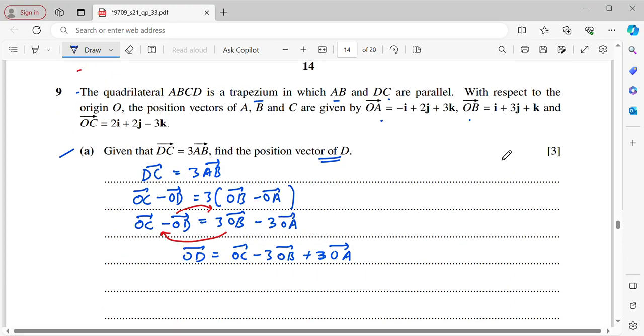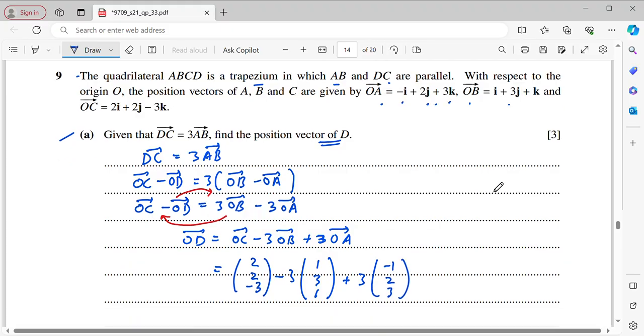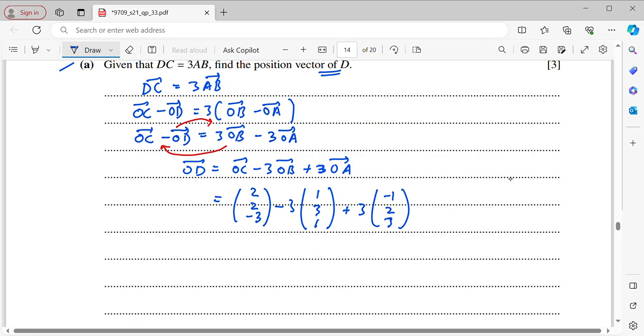Okay, so now just replace all the OB, OC, and OA. Then you will get 2 minus 3 minus 3. OB is 1, 3, 1. Then OA is negative 1, 2, 3. Because here, negative 1i plus 2j plus 3k. So then, when you simplify all of this,